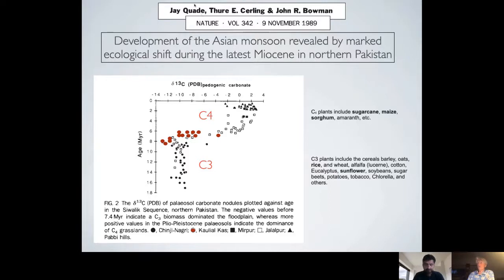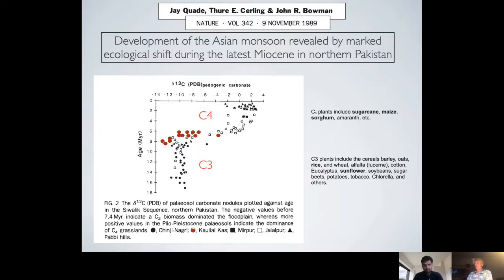And this was their first publication, 1989. The red dots here, against age, are from the Kolyalka section that I just showed you, which just barely caught this transition